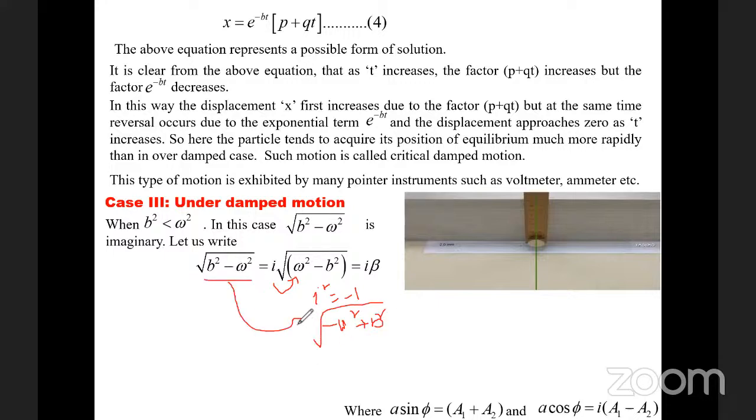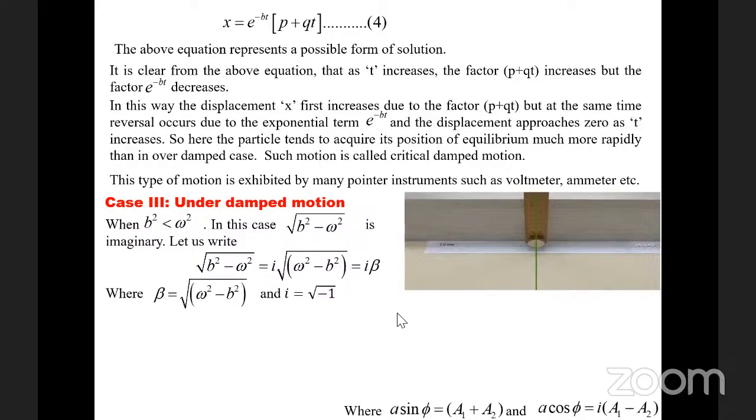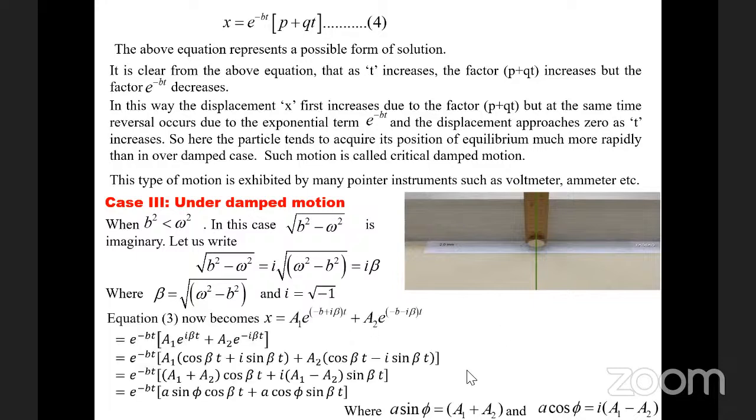The same thing, write the same equation. Maths comes, then physics comes; otherwise it won't. So this term you can call as beta. Beta is this, i is the square root. Substitute here in equation 3. So by simplifying this,